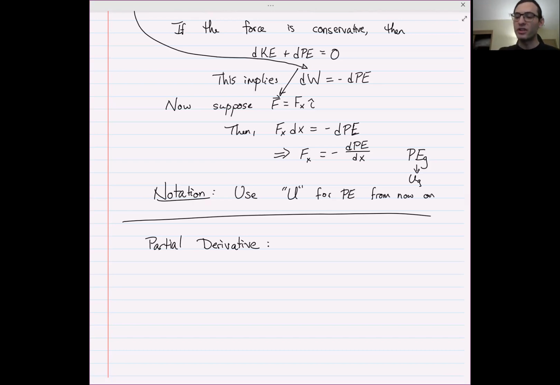A partial derivative is basically just a way of taking a derivative of a multivariable function. Exactly, you treat the other variables as constant. So if we have, say, let's actually use u, so if we have u of x and y, i.e. it depends on two positions, maybe it depends on your x and y axis,